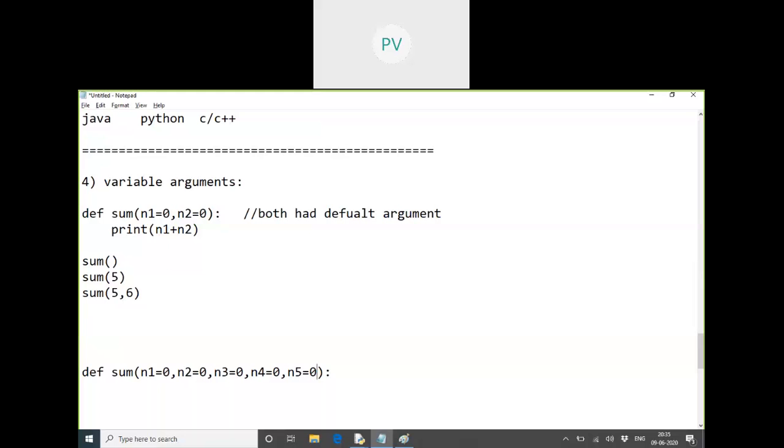So that means I want a function that should take any number of values you pass. It should accept 1, it should accept 2, 3, 10, 20, 100. I want such a variable argument. I don't want a fixed set of values. I don't want only 5 or less, because 5 or less can be done with the default. We can manage that. But I want 5 or 10 or 100, no limit on that. So for that, we have a concept of variable arguments.